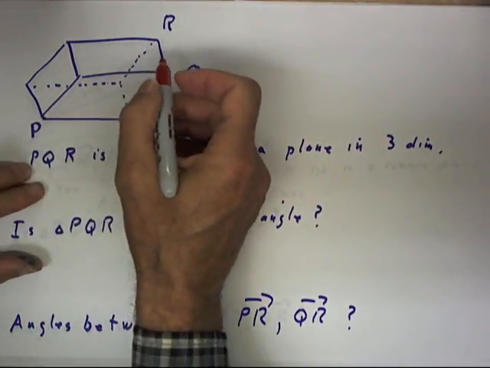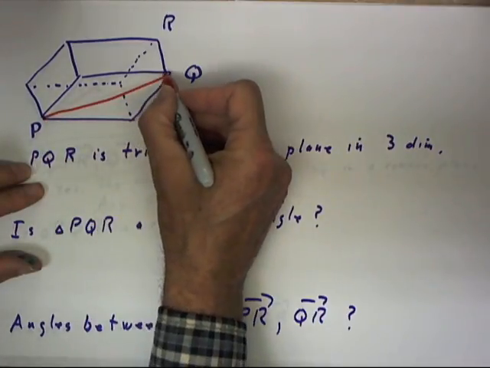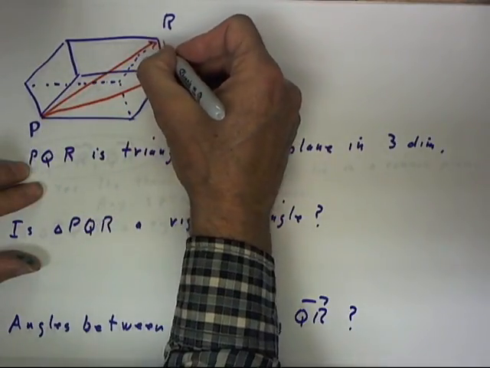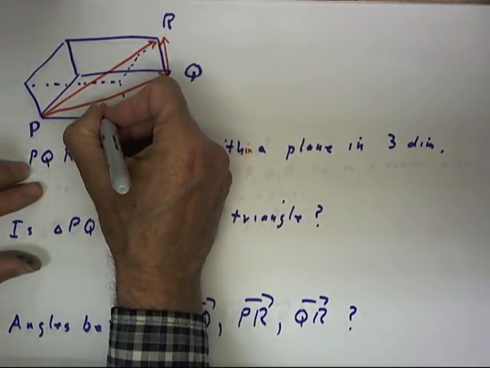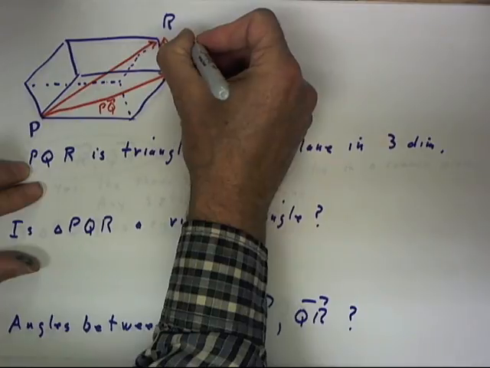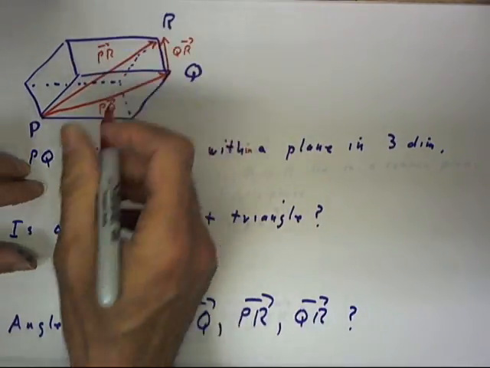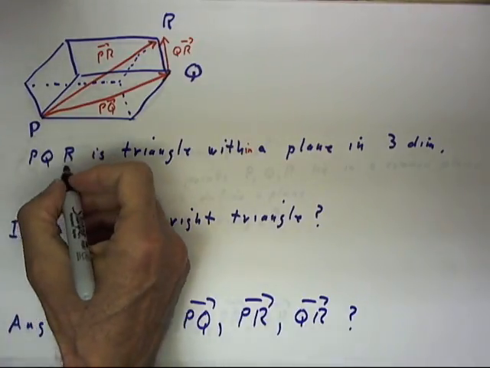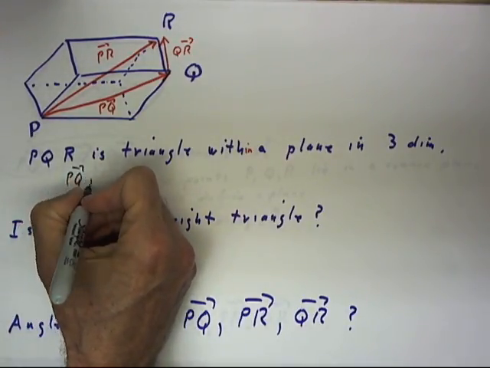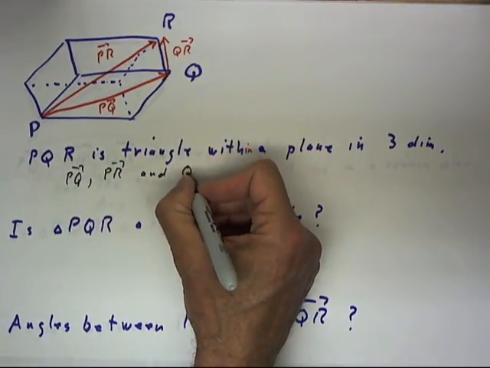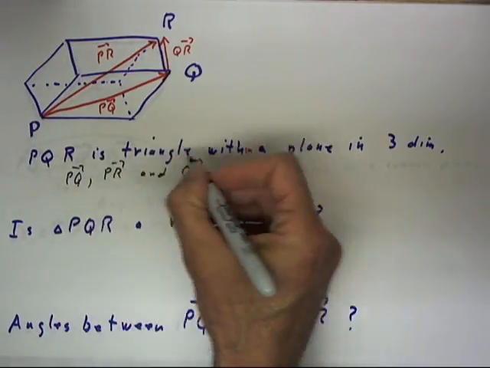If I sketch the vector from P to Q, the vector PQ, and the vector from P to R, the vector PR, and the vector from Q to R, QR, so I've got PQ, don't really have a lot of room for that arrow, QR, and PR, then we see that those 3 vectors do form a triangle. So we can say that the vectors PQ, PR, and QR